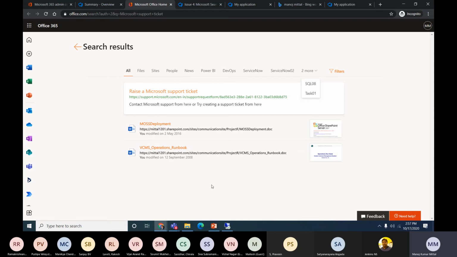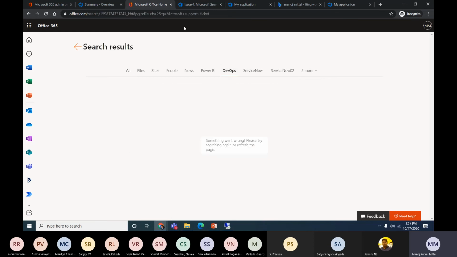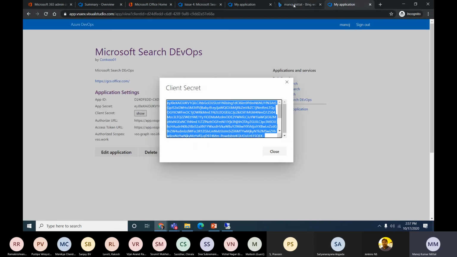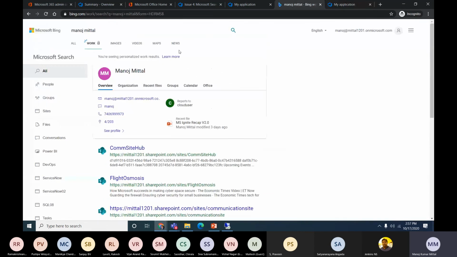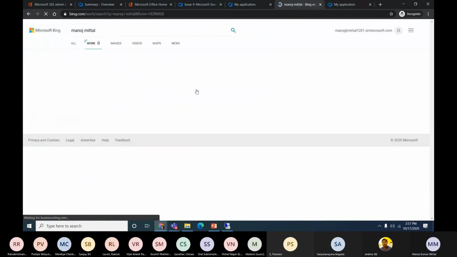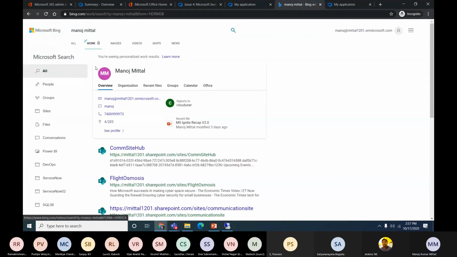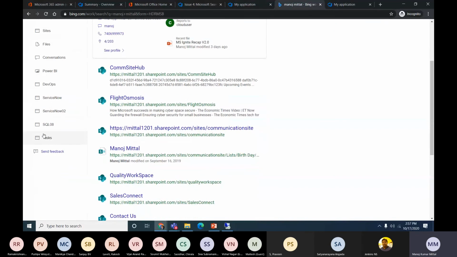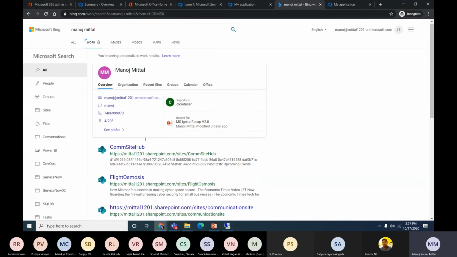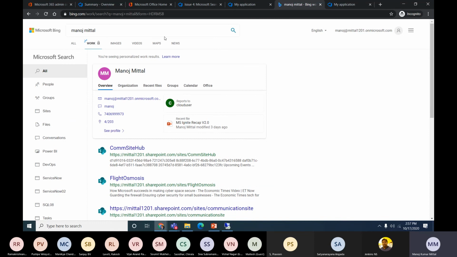So similarly, my content in new tabs will appear here. As before the demo, I created task one, and it started appearing similar to the DevOps. So these are the whole steps of how the results will start appearing here. So in the work section, yeah, it will take some time. It will start appearing, so not to worry. So this was all the configurations with respect to that one.